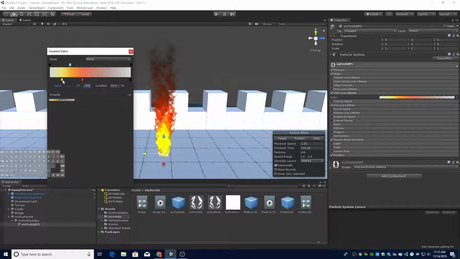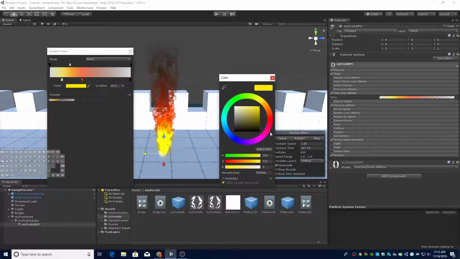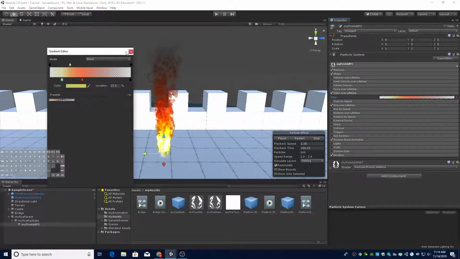And we're going to change some of the colors. So the first thing we're going to change is this color, which was kind of a very bright yellow. Let's make it kind of a lower yellow color. So right now it's at 255, 232. Let's go ahead and change it to 200 for red, 200 for green, and 100 for blue. And you can see now that it's a kind of a lighter yellow color, not such a bright yellow color. Okay, and now we're going to close the color and